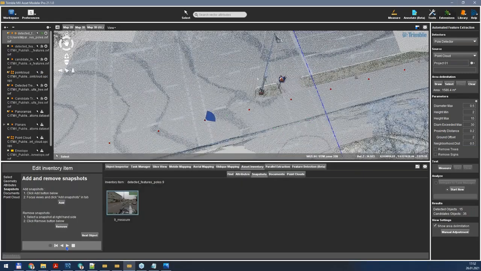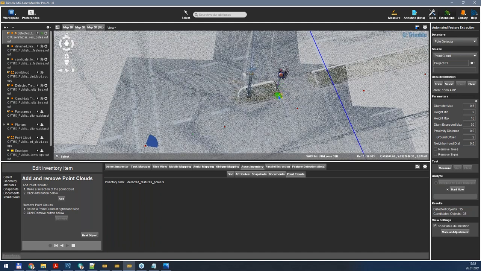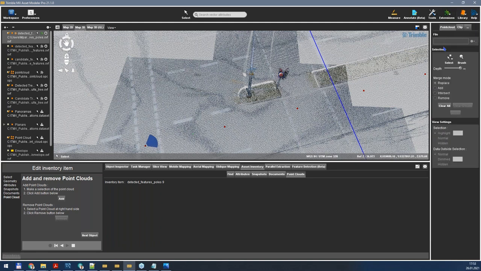in the snapshot. The nice tool that we have now is that you could also add the point cloud that define this object. How we can do so? For example, if we have the trees that is already a single file for the detected feature, you could do so by selecting it. But if you want to extract it for a mobile mapping run, you could use the selection tool for point cloud, and you could select the point cloud for this and perform a rectangular selection out of the 3D map